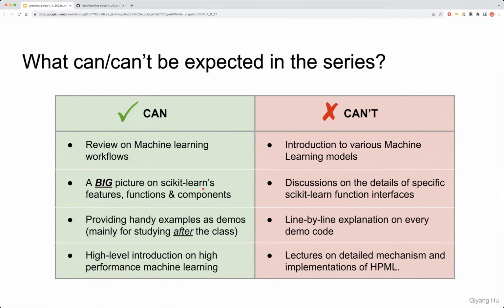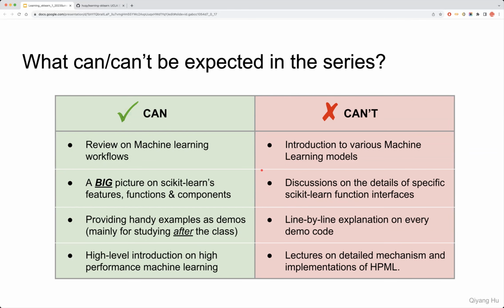I know all of you come from different fields with different levels of experience. So before I dive into the details, I want to make sure that we are on the same page. Here's what you can expect from this workshop and what I hope you will get out of it. First, my talks will focus on a review based on machine learning workflows. I don't have the time or enough slides to introduce